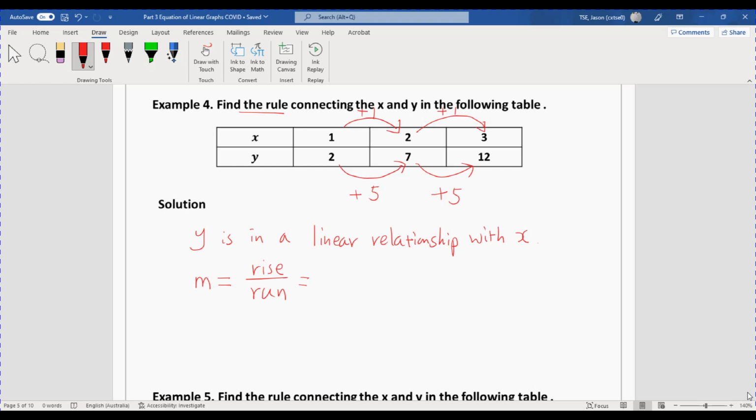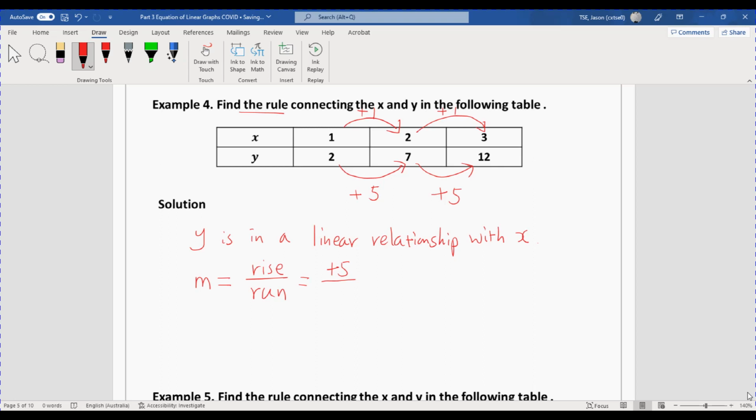Don't get it wrong. Some students might think x is, in that table, x is above y. So some of them make the mistake of putting the change in x in the numerator, I mean, above in the fraction, and the change in y below in that fraction, which is wrong. Remember, rise is always about the change in y. So you always need to put change in y